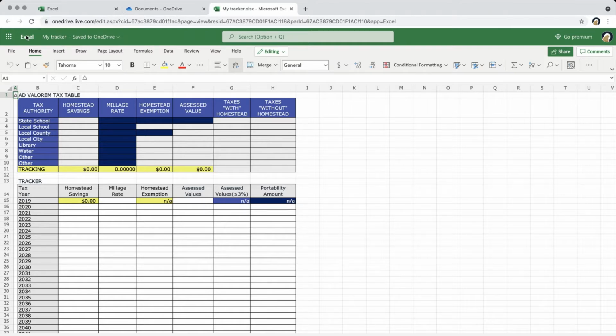One last thing, I would recommend using the browser version of these trackers because it's just easier. They have built-in formulas, and if you download them to your desktop, sometimes the formulas get out of whack or they break. So just save it with your Google Drive if you're using Google, or if you're an Apple user, go ahead and save it to your iCloud. And finally, for Microsoft, just add it to the OneDrive. Okay, so I'm going to close this.